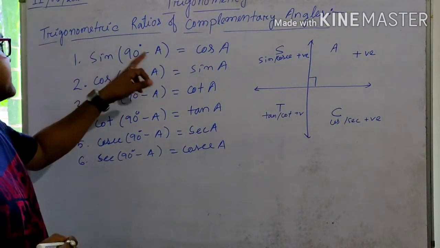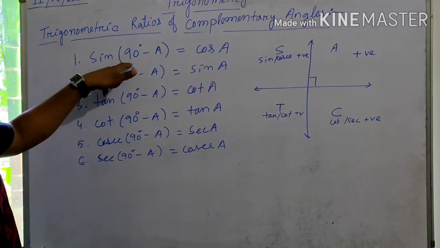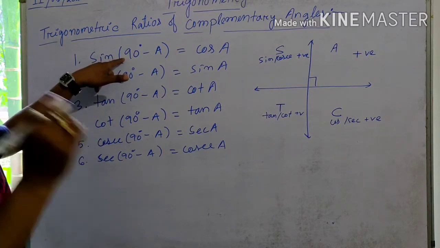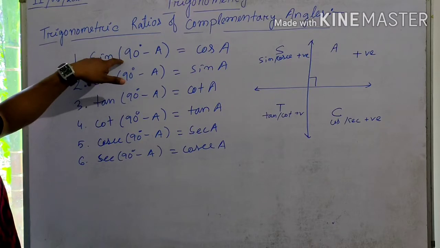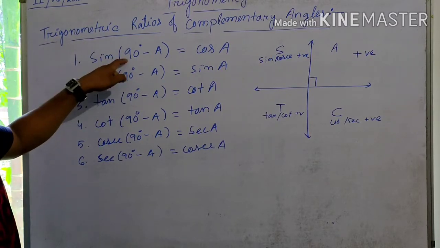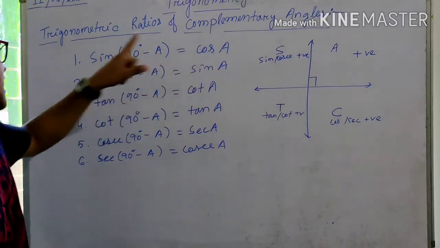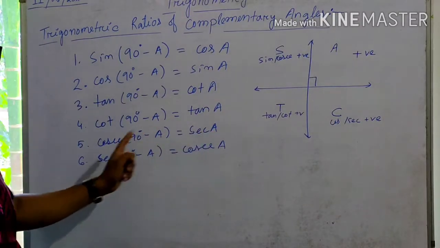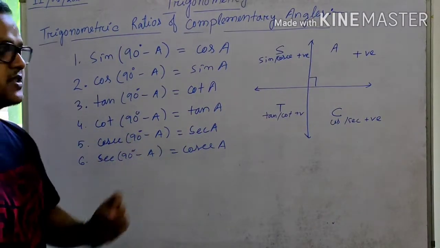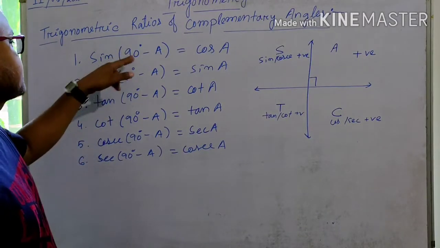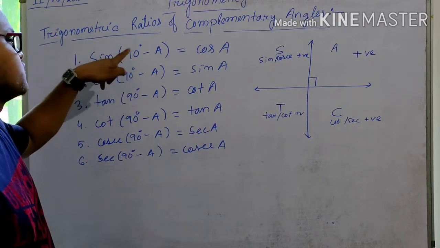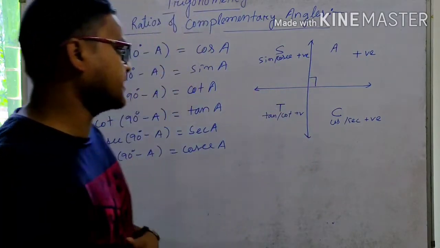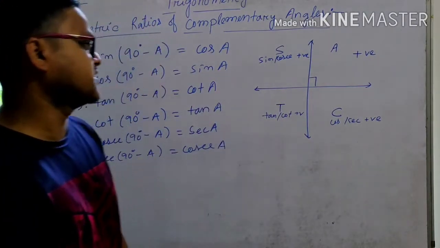So for sin(90 minus A), always remember, in front of 90, whether it is an odd number or an even number. 1 into 90, 1 is an odd number. If odd, sin will be changed to cos, cos to sin, tan to cot, cot to tan, cosec to sec, and sec to cosec. But if it is 2 into 90, then it will be the same. That part you will learn in higher secondary level.